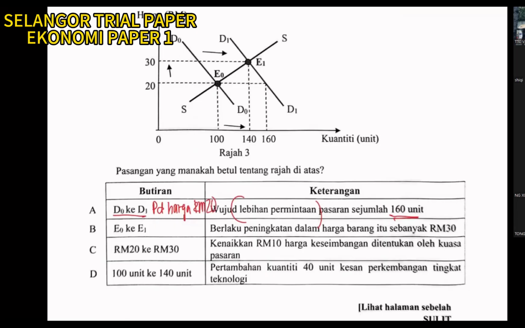Okay, new titik keseimbangan. They say peningkatan harga barang itu. When I have an increase in the price itself, I don't have a new titik. There will not be a new titik. They said 20 ringgit to 30 ringgit, kenaikan harga keseimbangan. Correct or not? Yes, because E0 to E1. Answer is C. 100 to 140, increase 40 unit because of